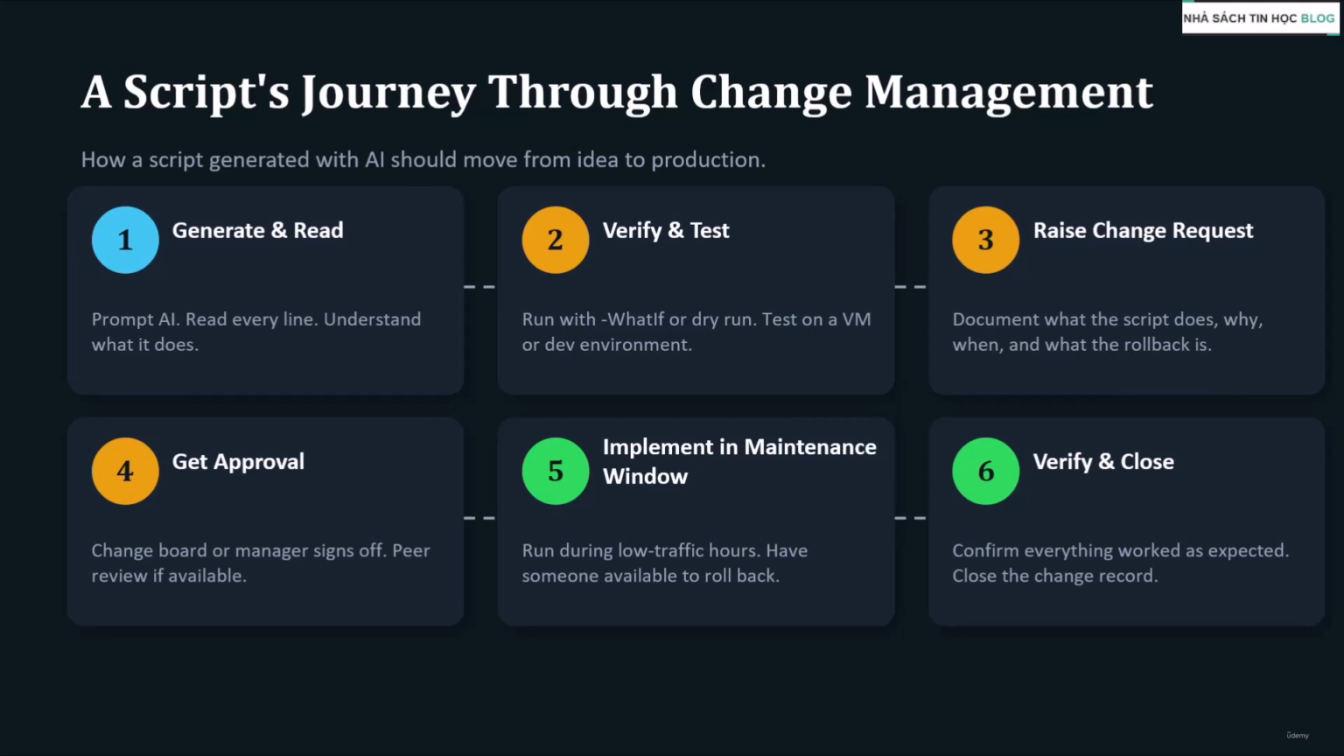So here's what the right process might look like from start to finish. Step 1, you generate and read the script. Prompt AI, get your script, read every line, and make sure you're understanding what it does. Step 2 is verifying and testing. Run it with a what-if or a dry run. Make sure you're testing it on a virtual machine or dev environment